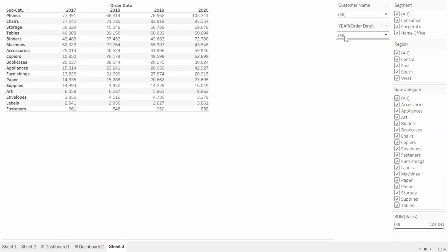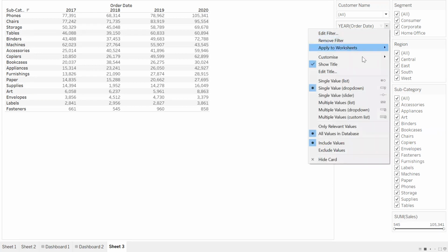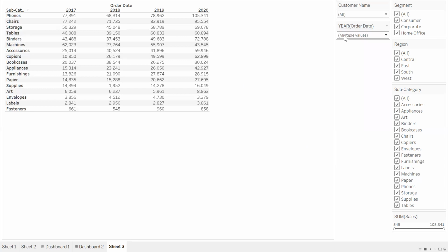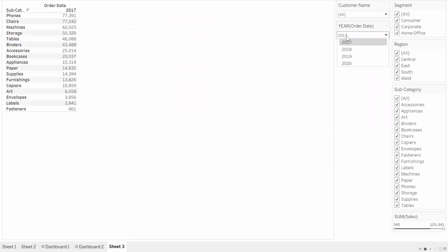So in that case, if you don't want to showcase the all option for the users, click on this drop down, go to customize. You can see the first option, don't showcase all value. So click show all value, you can unselect. For the first time, at least you need to select 2017 or 2020 data.